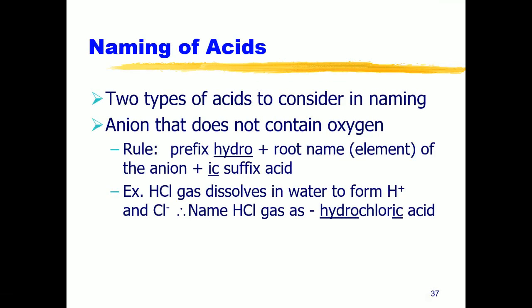All right, so naming the acid. In order to name an acid, you must be able to identify whatever the anion is, because recall that an acid is anything that delivers an H+ to solution. So the cation is always going to be H+, so we don't have to say that in the name. By saying the word acid in the name, you are implying that the cation is H+. So once again, the name of the acid is identified by the anion. If you have a binary acid, meaning that it's only H and whatever anion, meaning only two elements,